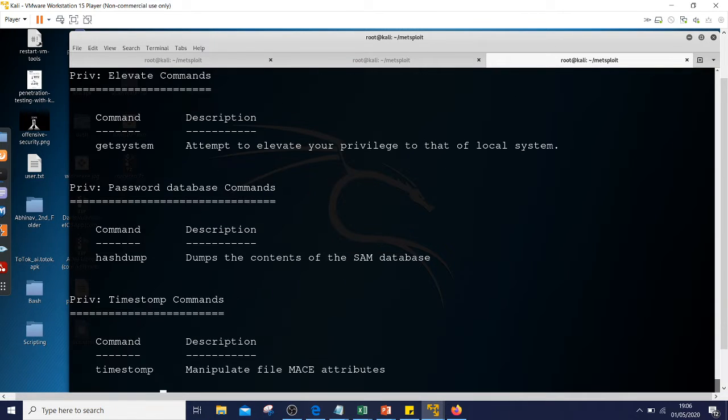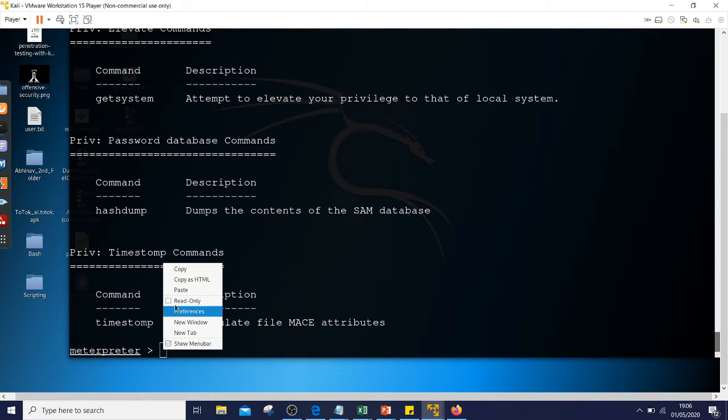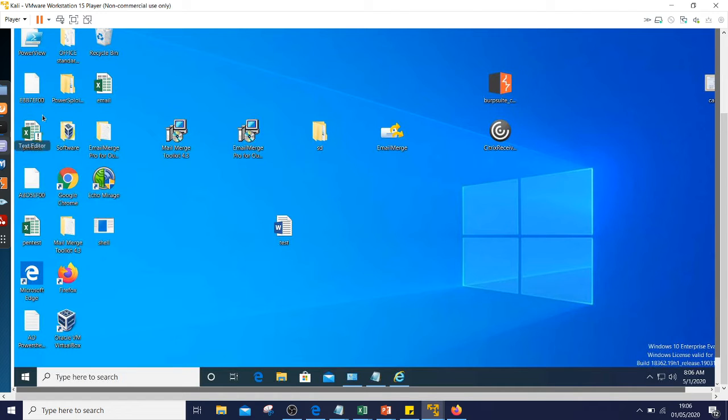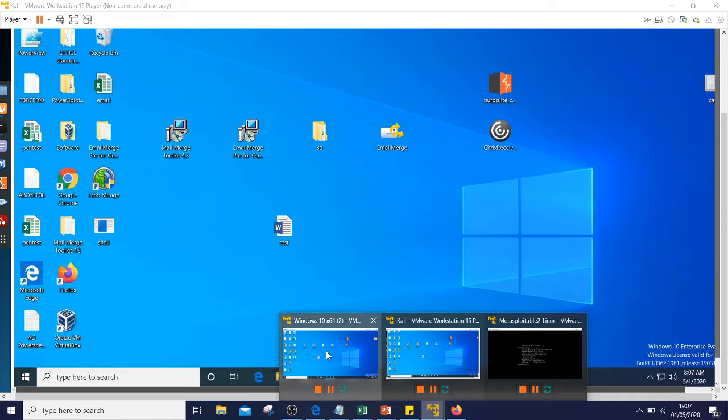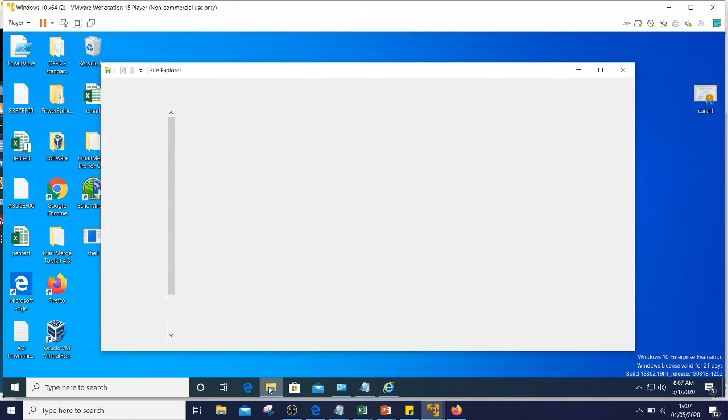So once you press enter, let's see if we are able to see the desktop of the victim machine or not. Similarly, you can do your keylogger. See, this is our Kali machine, and we are able to see the victim's Windows machine here. So what he is doing, we can see everything here. We can't do anything, but only see. Suppose the victim goes to some other files, or some of their password files, or if he is going in his folder, you will be able to see him in real time.